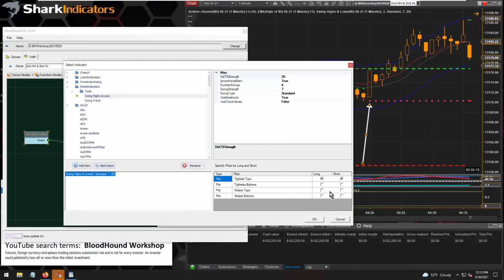And so for a long, we're using the widest tops. So the widest tops, that's the highest highs. And the widest bottoms, that's the lowest lows. So we'll select those. And remember to adjust the settings. So we knocked our number of swings down to 3. So let's adjust that. So there. So now we have our swing highs and lows indicator set up,